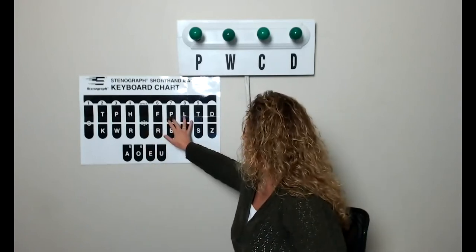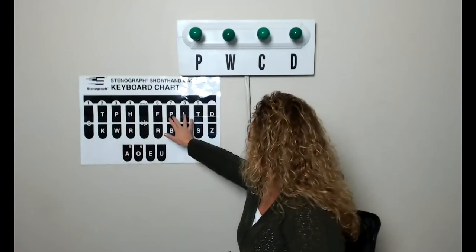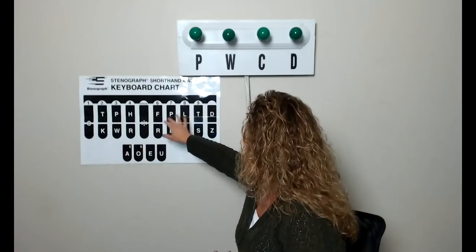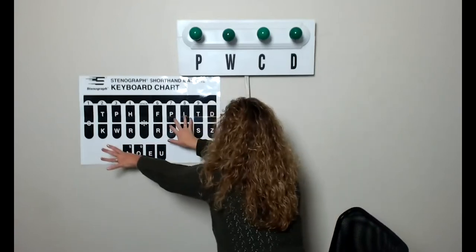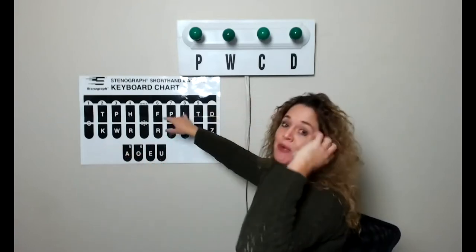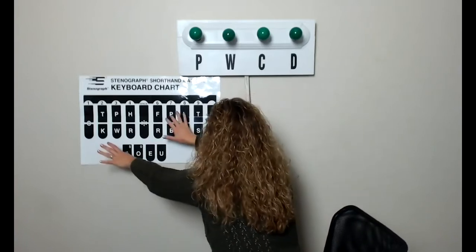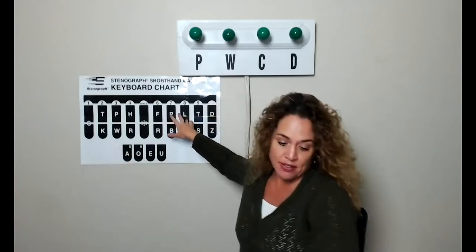Words that end in final PLE, as in apple, we have to do something a little different. We have to come back for final L because we don't want to conflict with our brief many. Many is final PL. We also don't want it to look like the final M. So if you wrote apple as APL, that actually would look like am. That's how we write am. So apple is going to be written AP, come back for final L.